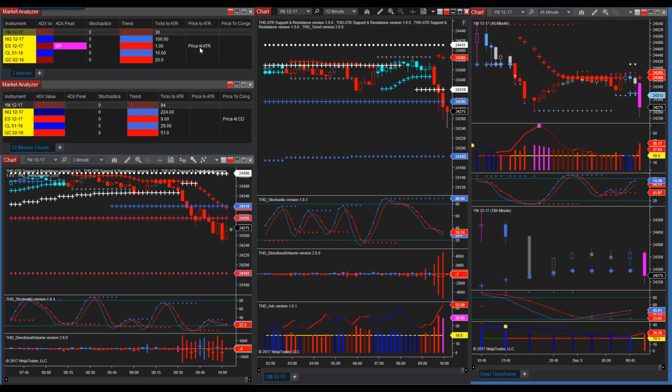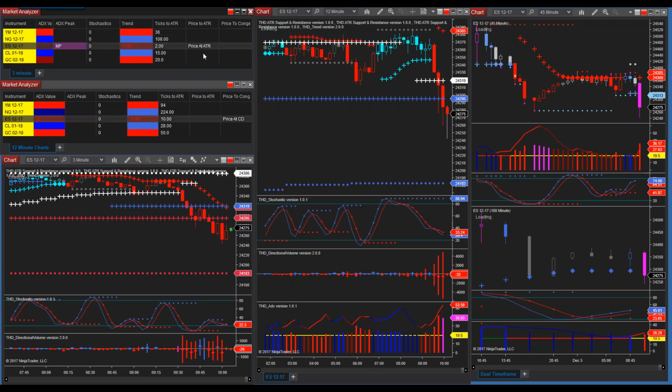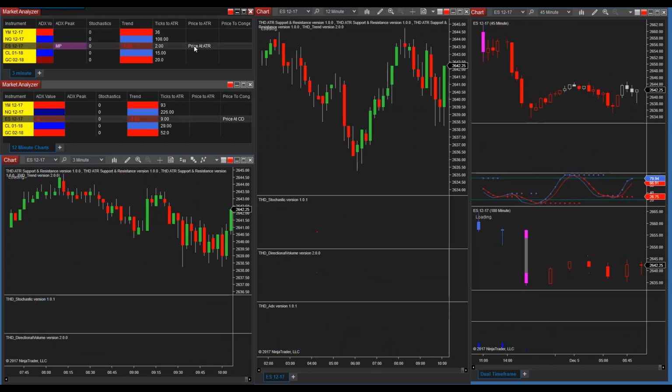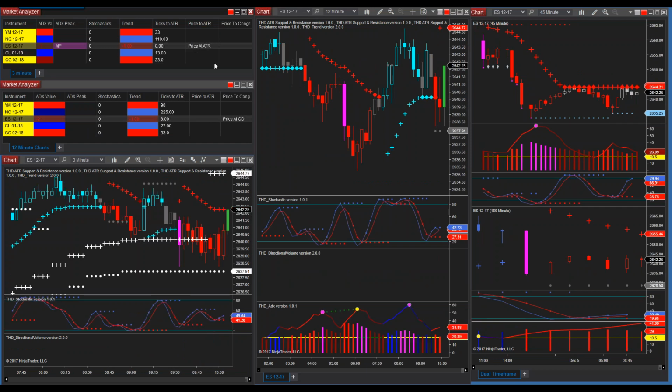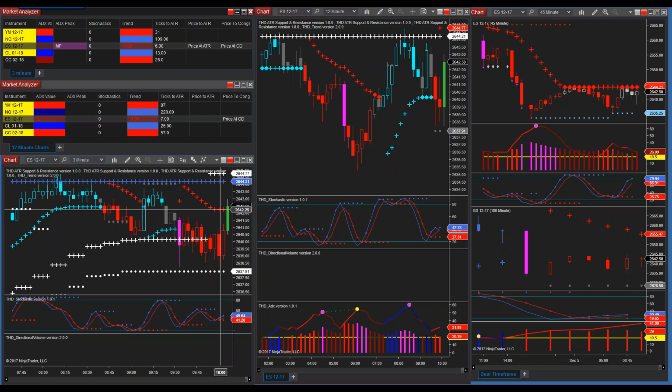Now, again, all of my entries come at an ATR. And notice the column here that says price to the ATR, and it tells me price is at an ATR. So immediately I know that I need to go and check out that potential chart. In this case, you see it's on a 3-minute. It tells you that right here on the tab. And when I go and look at this, I can already tell you that